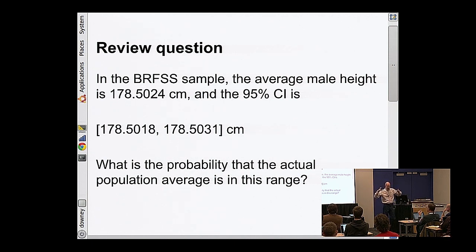I measure a confidence interval that says, I'm pretty sure that the average adult height for men in the United States is 178.5024 centimeters. And I've reported 7 significant digits there because my confidence interval is so small. My 95% confidence interval says it's somewhere between 178.5018 and 178.5031. So 5 of those digits I'm pretty confident of. That 6th digit, I'm not sure. So that is an extremely precise estimate.